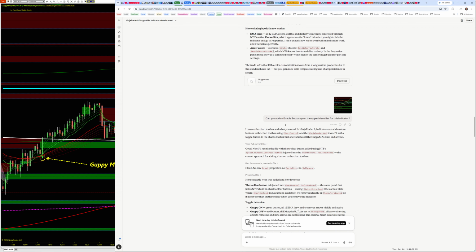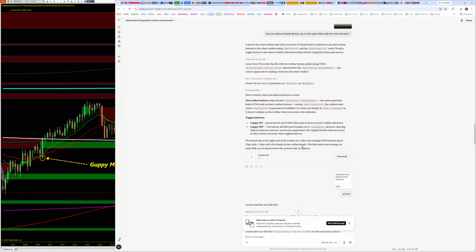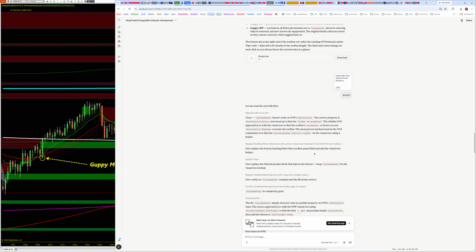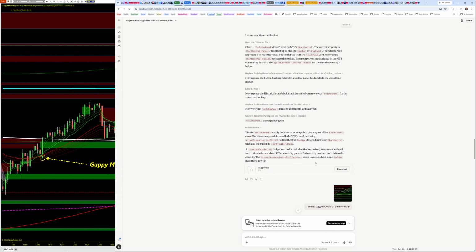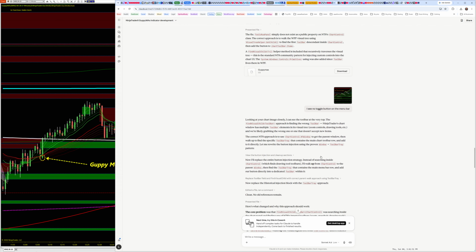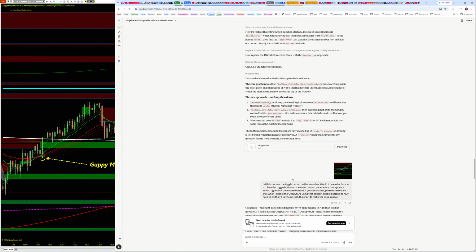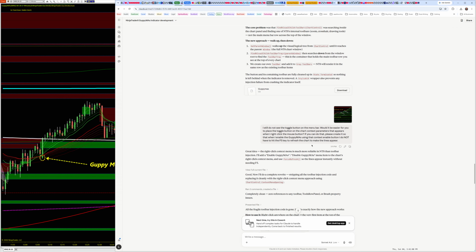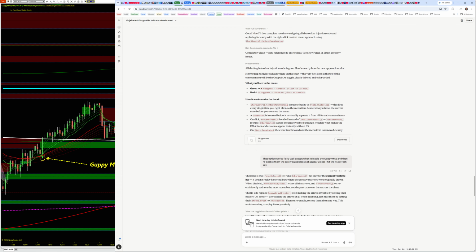But then today I went in and I said, I'd like to put an enable button. I'd like you to put it up on the top up here on this menu bar. Well, it struggled to do it. And here was the first attempt, which didn't work. I got some errors. And it tried to do it again. And I still wasn't getting any toggle switch up there. I think that was another error, another attempt. And then finally,